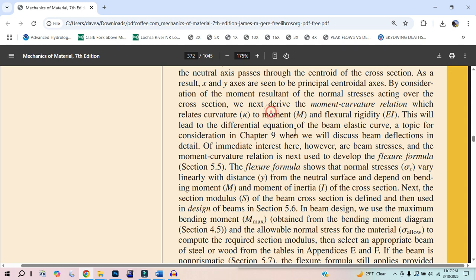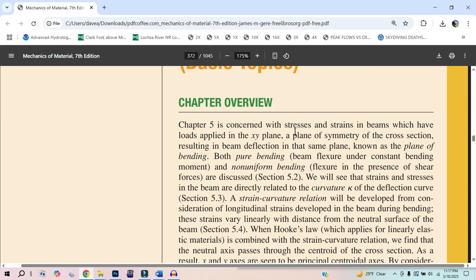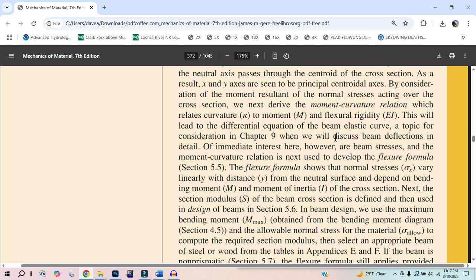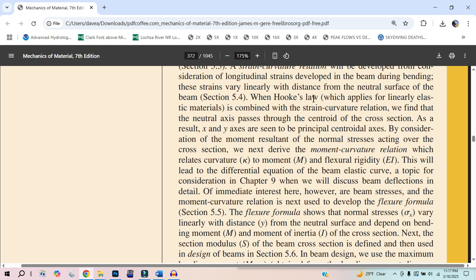All right, so where are we at? So Hooke's law right there. When Hooke's law, which applies for linearly elastic materials, is combined with the strain curvature relation, we find that the neutral axis passes through the centroid. Cool, it's going to be right in the middle. As a result, x and y axes are seen to be principal centroidal axes. So even a sentence like that, it's a bugger, but it just means your x and y axes